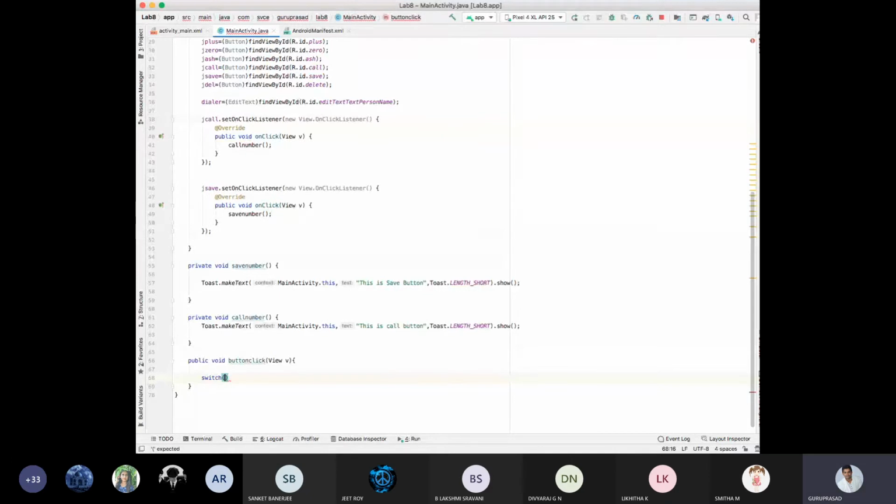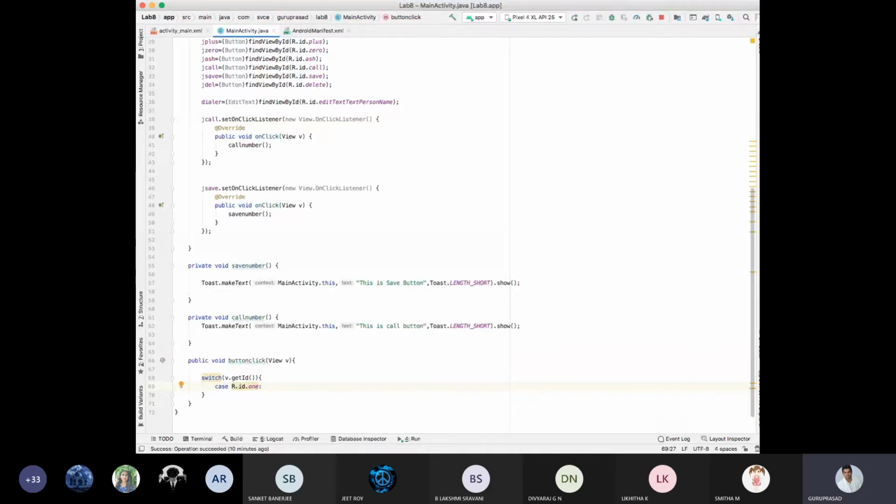My view, get ID, view button ID, get ID, open brace, enter, case r.id.1, colon, enter.